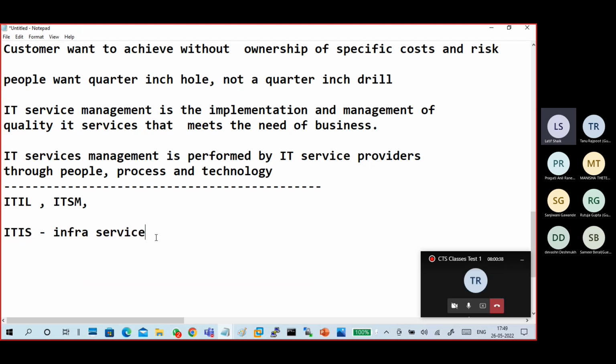What is infrastructure service? Your profile only. Your profile is the ITS profile, also called CIS, Cognizant Infrastructure Services or IT Infrastructure Services. What is the meaning of infrastructure service? In any organization, we have infrastructure: servers, data centers, storage servers, network components,